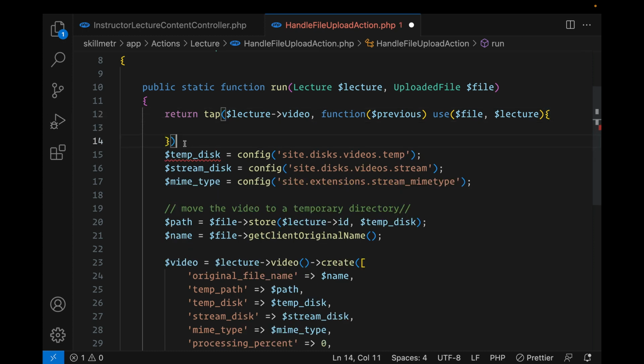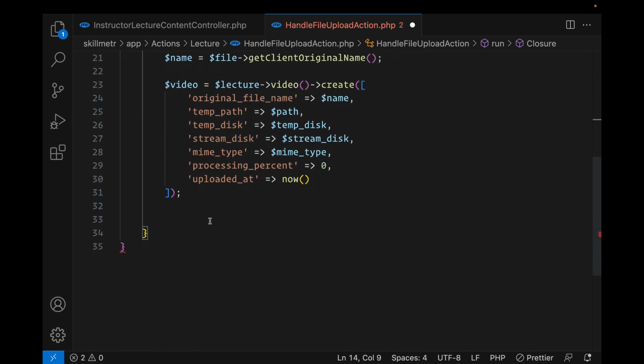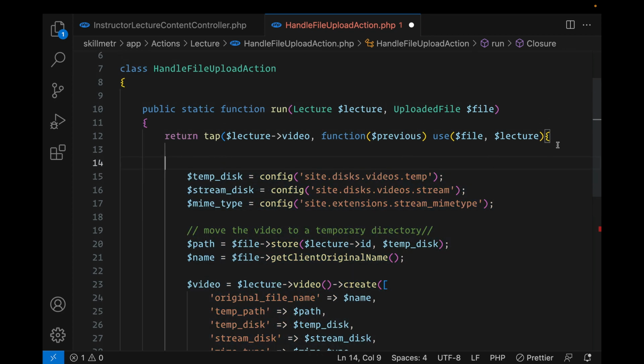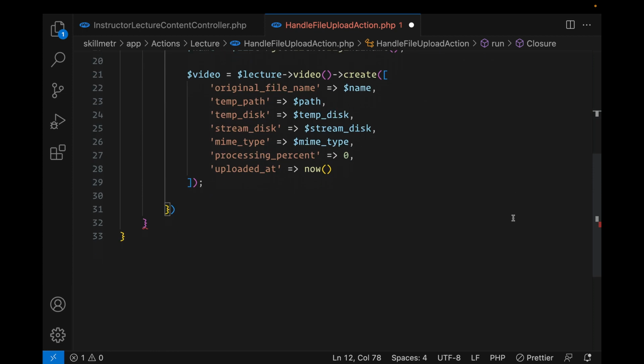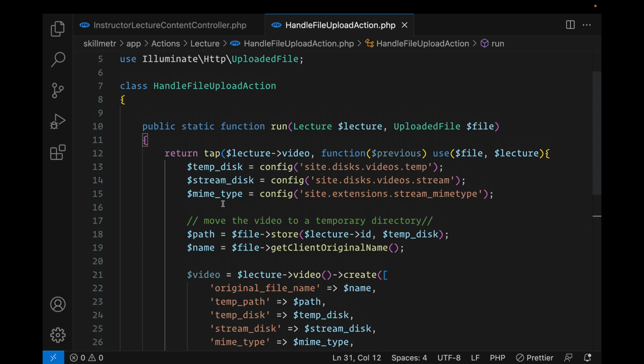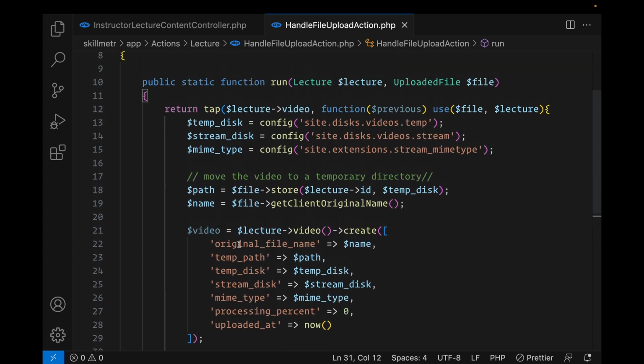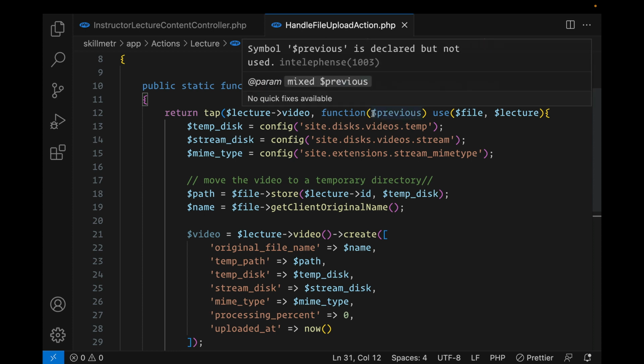And we're going to wrap everything in here in our tab function. Let's just quickly indent that here, and everything will be wrapped in the tab function, and we can close this, okay? Which means that while we do the upload process for our video, we have access to the previous video